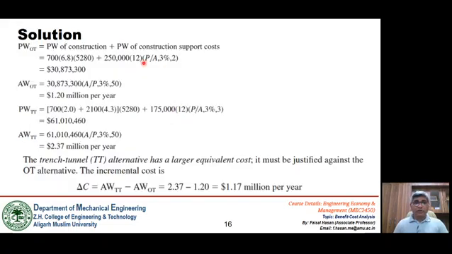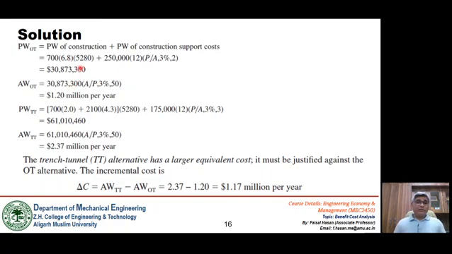So this is the total cost per year, and we have to compute P, where A is given, the interest rate is 3%, and since the time duration is 24 months, the equivalent is 2 years. If we compute this, this will be the present worth of the open trench project. Now this is the data for 2 years, but the project life is 50 years. So we have to convert this on a 50 year basis.